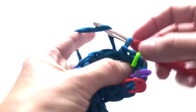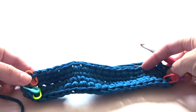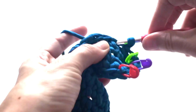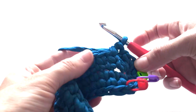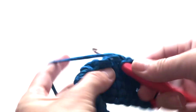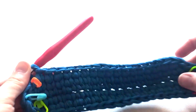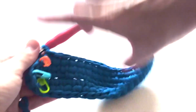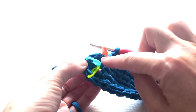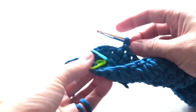Again, I will do one chain, and then I will work first 17 stitches here with a waistcoat stitch until the marker. It will look like this. Here we are. Once I finish the 17 stitches here, I will do the pattern for the semicircle. The pattern for the semicircle for one increase is going to be first stitch, one increase,